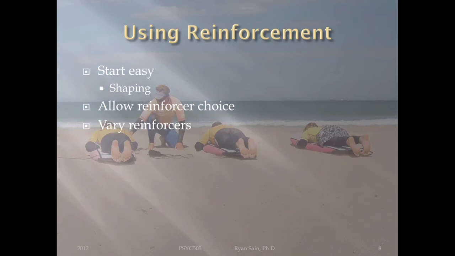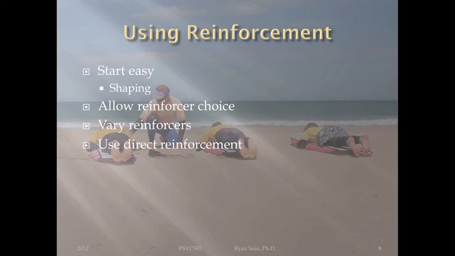So it wasn't food. It wasn't the fact that they were full. It was the fact that they had habituated to the reinforcer, right? So you changed the reinforcer a little bit, you got more behavior out of it. So varying reinforcers is a powerful thing. That's why you come up with a list, like we talked about earlier. Use the rank ordering procedure, the pre-task choice, all those types of things as well.